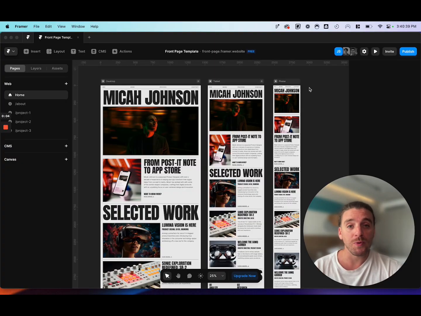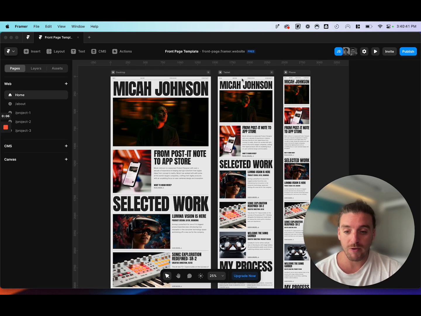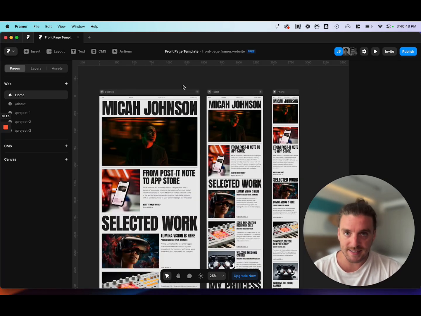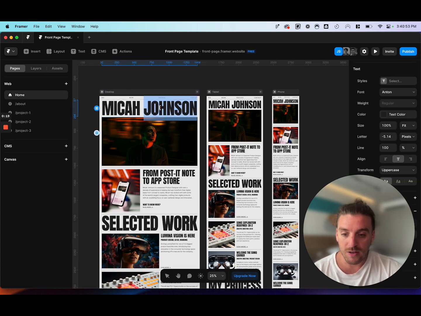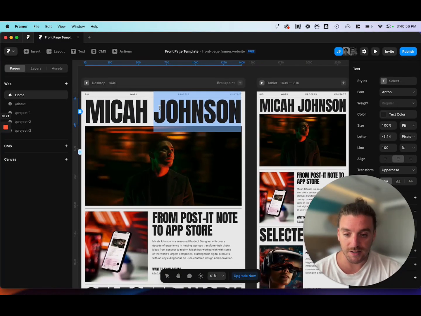So I have Framer open with one of my templates and we're just going to get right into it. I've built these templates to make it as easy as possible to start editing things like the text and images within them. So if I go ahead and click on any of the text here,